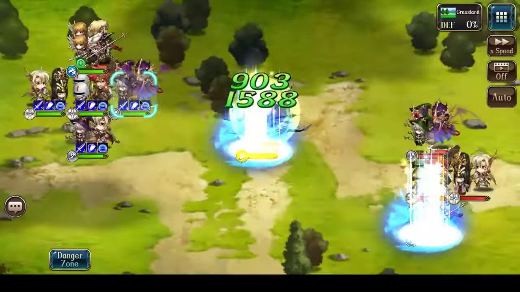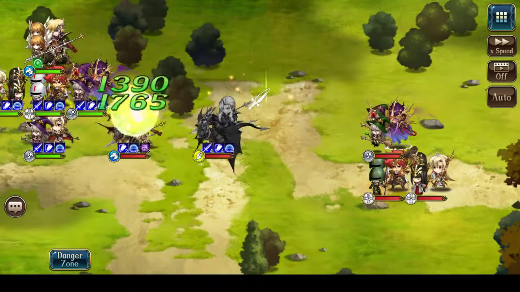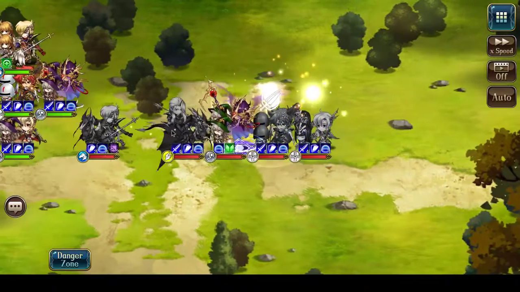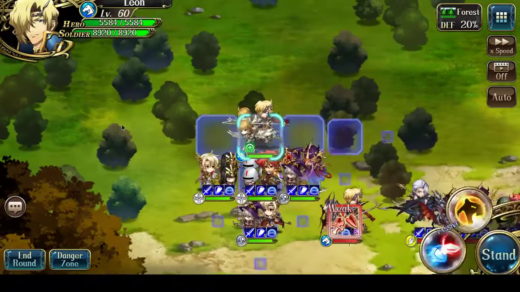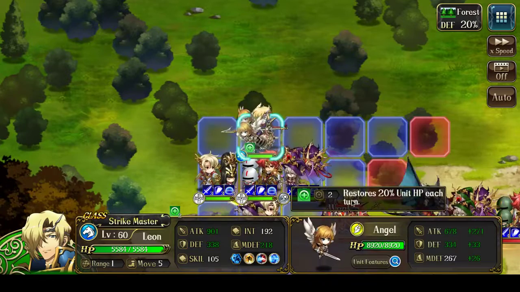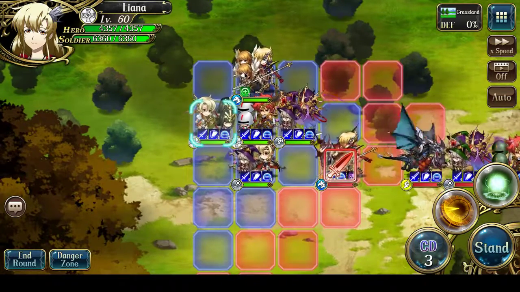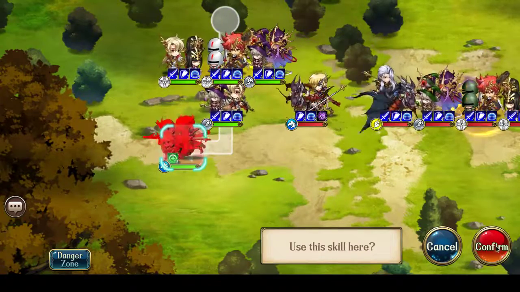However, the important thing about the prayer is that it applies a buff where for the next 2 turns, your characters will heal 20% of their health. So, what that means is, for these next 2 turns, my characters have self-healing. And it's actually a big advantage, right? For example, let's just click on this character. Restore 20% of your hit points each turn. So, with that buff active, I can use Liana again this turn freely, without having to worry about her using healing. So, with that done, I am going to Chivalry up Leon to take down their...